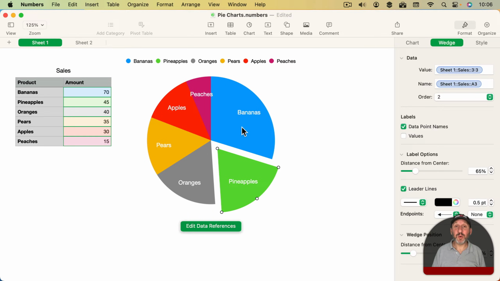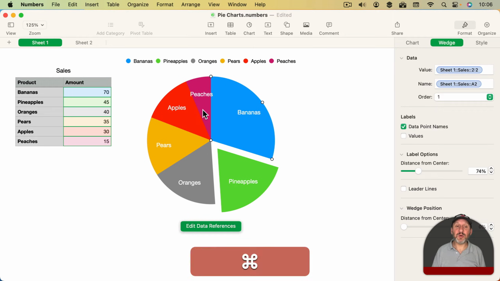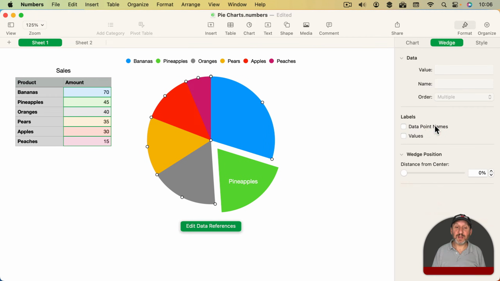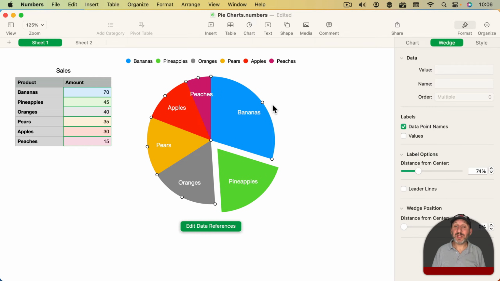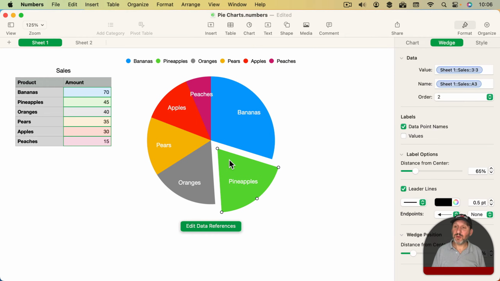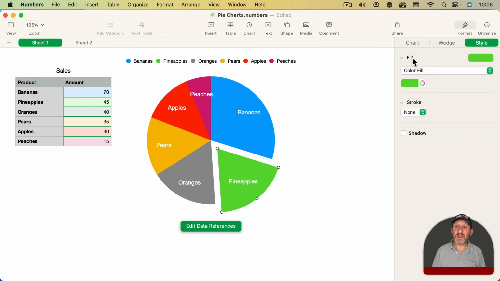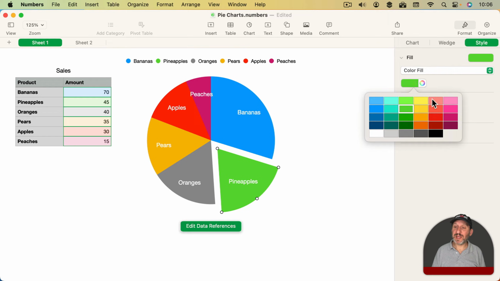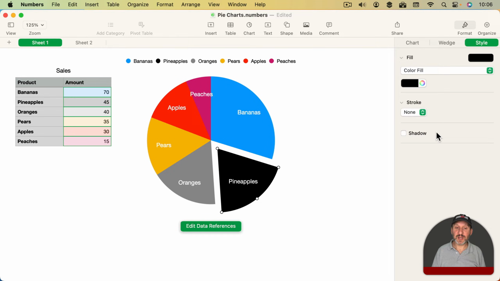And note I can select multiple wedges, so I can select this wedge here and then I'm going to hold the Command key down and select these other wedges, and I can take away the data point names like that. So I can just have this one label here. Now if you want to change the color of a wedge you can select the wedge and you can go to Style, and then here you've got the fill, and you can change the fill for this individual wedge. So for instance I can make this one black like that. So you really can customize the wedges to be exactly the colors that you want. You could even set a stroke around it, so I can make this say a red border, a few points